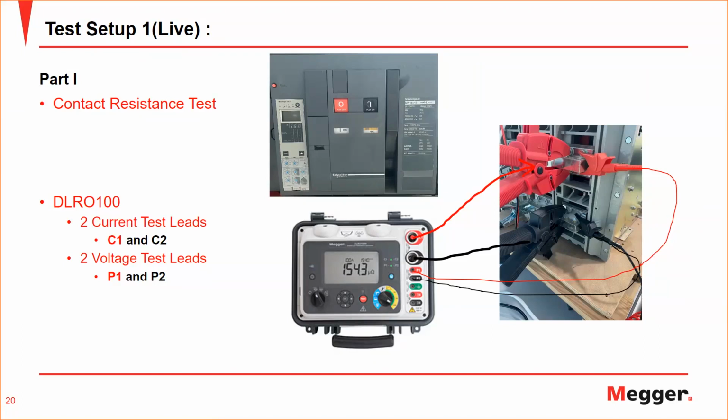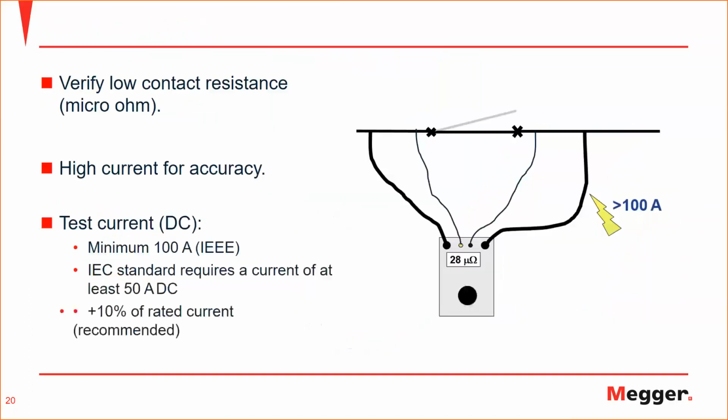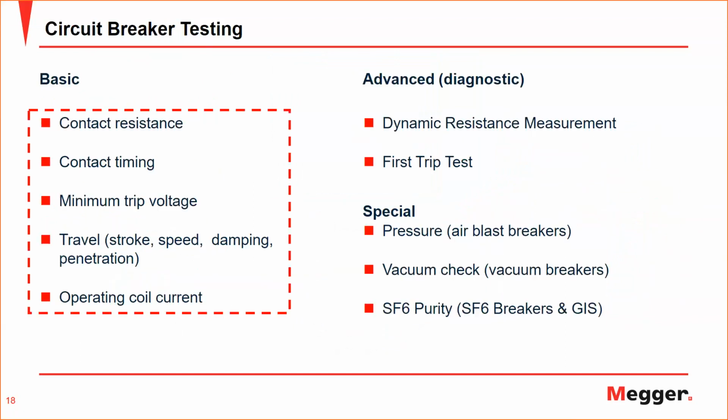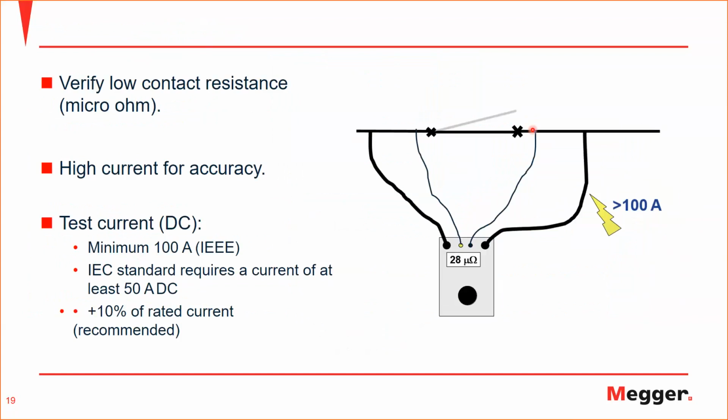So in order to show you this correctly, I have the previous slides. This one showing you the 2 current leads. The bulky one is in the outer way, and the 2 voltage leads are in the inner way. Now, it really depends on your circuit breaker where to connect them. For example, for live tanks, dead tanks, you will connect this outdoor very easily. You will not have a very big deal. You just have to isolate your breaker, earth it, and then you can do all your connections and do the